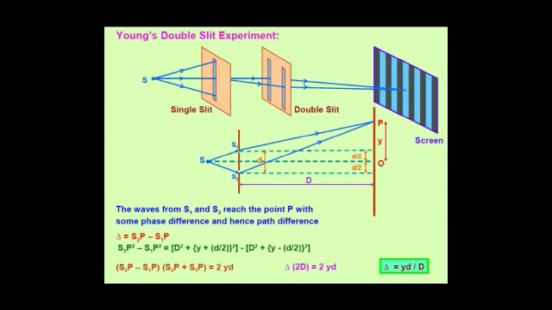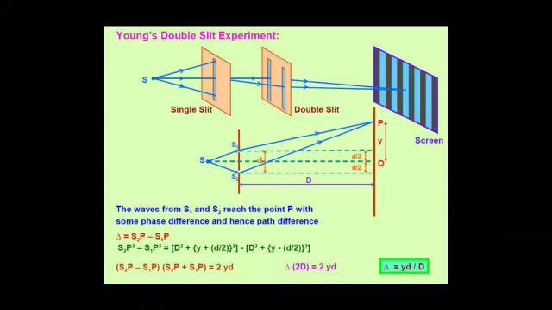So in triangles S2PN and S1PM, using the Pythagoras theorem and subtracting the equations, we get S2P square minus S1P square is equal to, in one bracket, capital D square plus (y plus d by 2) whole square, minus, in another bracket, capital D square plus (y minus d by 2) whole square, bracket close. That is shown in the slide, which is equal to 2 y d. S2P square minus S1P square is again split using the formula a square minus b square is equal to (a plus b) into (a minus b).